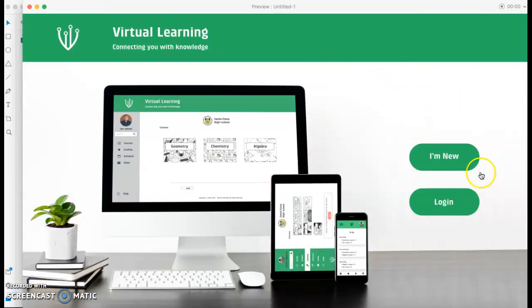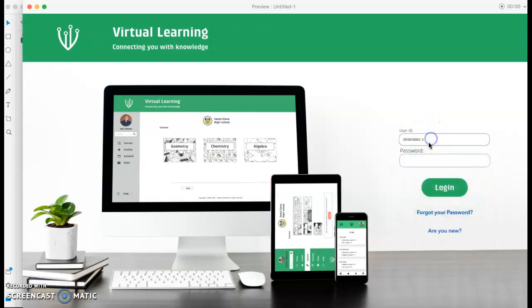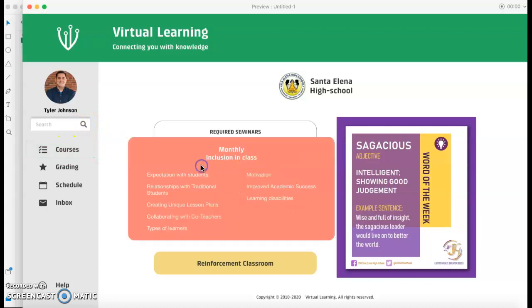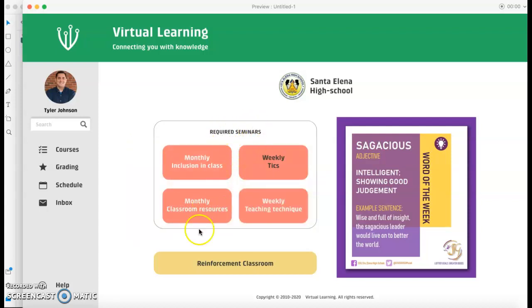And this is a teacher's view. So they log in. Let's say the geography teacher. He needs to prepare these courses because teachers indeed study. They have seminars and things like that. So when they